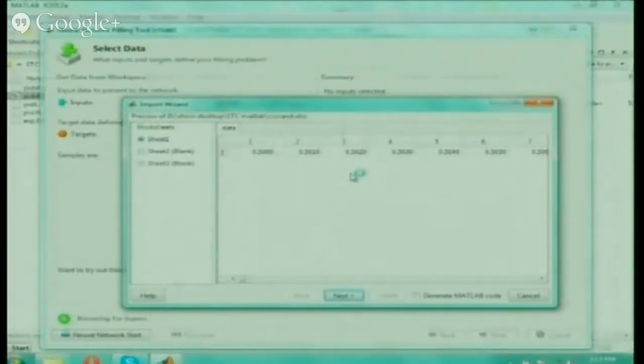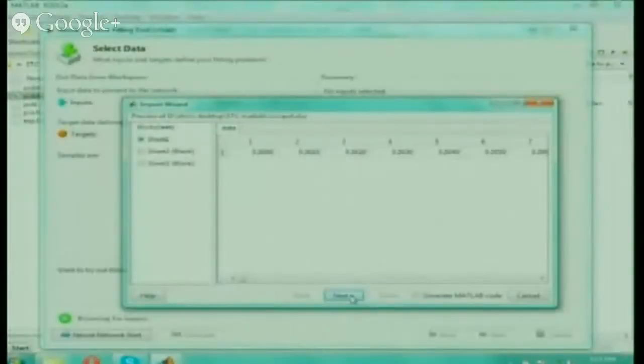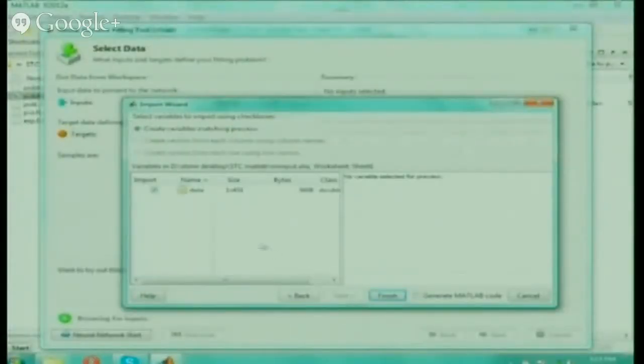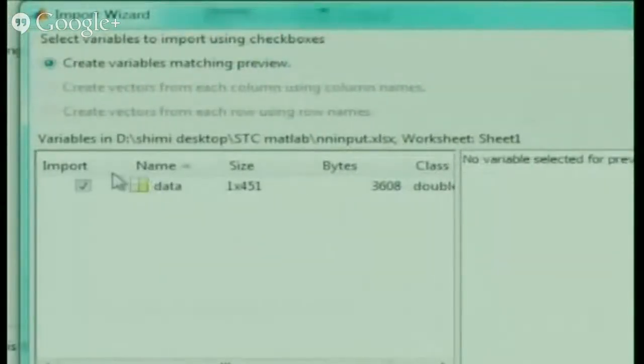It can be in row form or in column form. It is not necessary that it should always be in row form. You can even have the data in column form. If you have the input in column form, see that you have the output also in column form. That is required. Now I am just pressing next. Here the data is coming, I think you can see that. There are 451 data points. Only one parameter is there, but 451 samples. I have taken 451 samples.